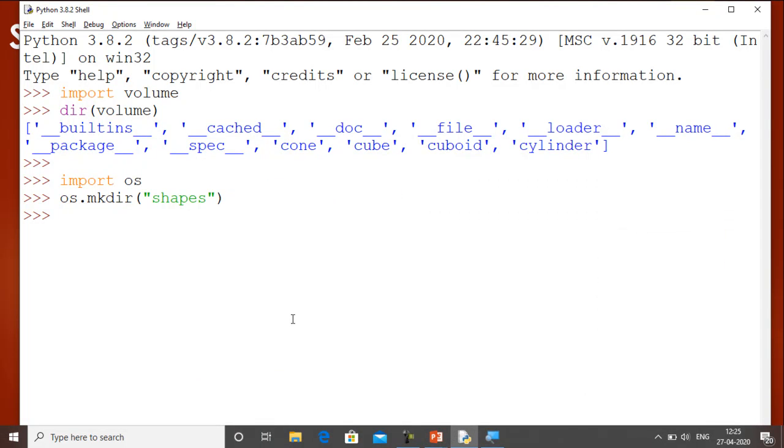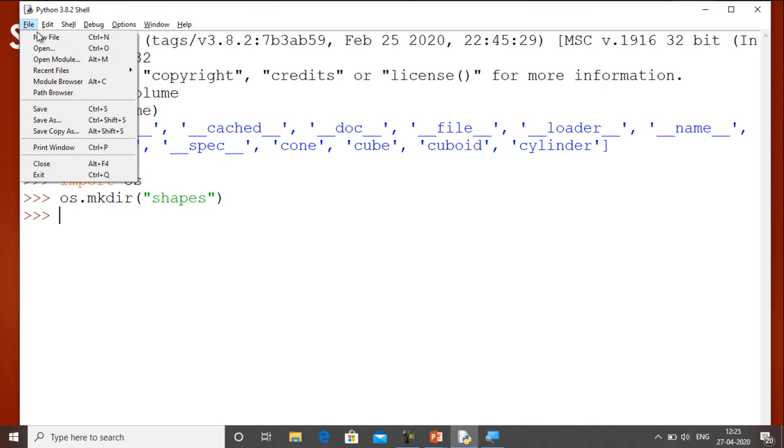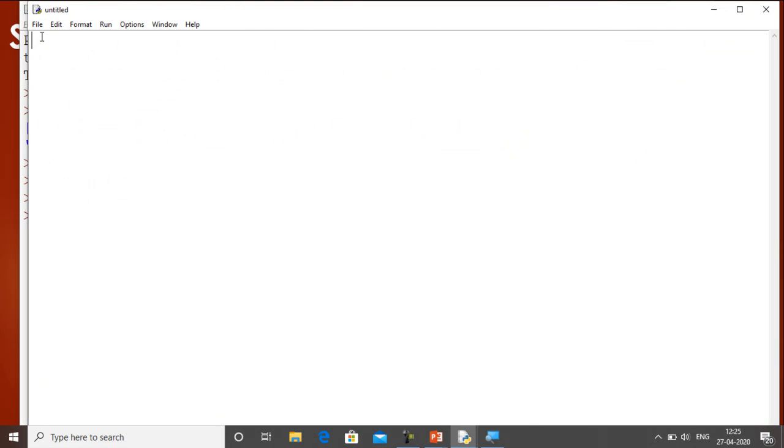So let me open File, New File, and in that file I just write a comment that it is basically an __init__.py file. This is just a comment.